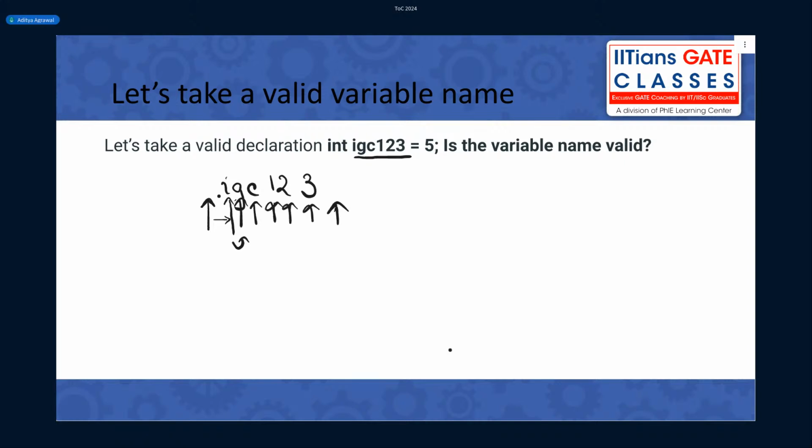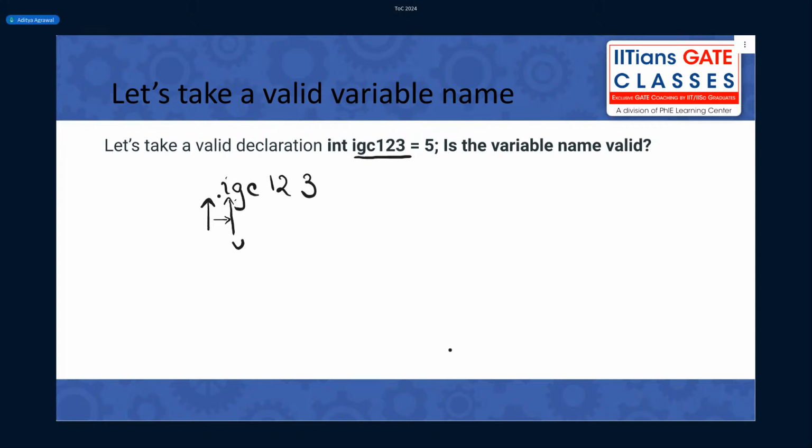And once I reach this point, that means I am at the rightmost end and I have read the entire string. Okay, understood what is a pointer? Pointer first is on the left side, which means I haven't read anything. I will move the pointer one by one to the right to read each character. And once the pointer reaches the end, that means I have finished reading the string.